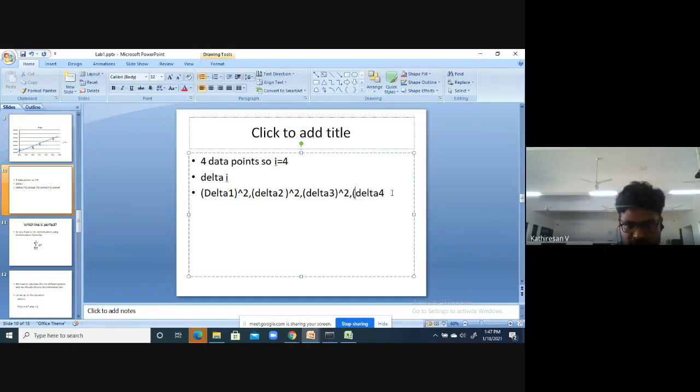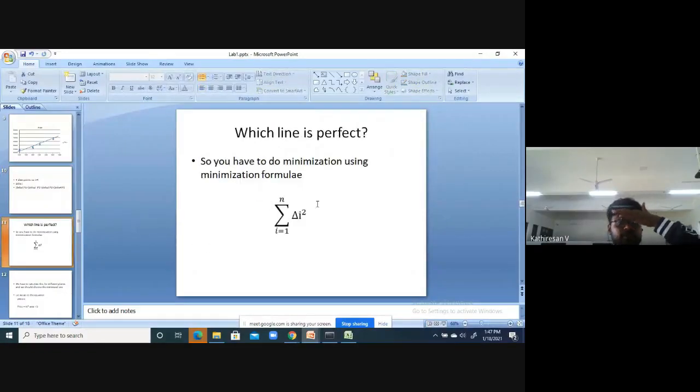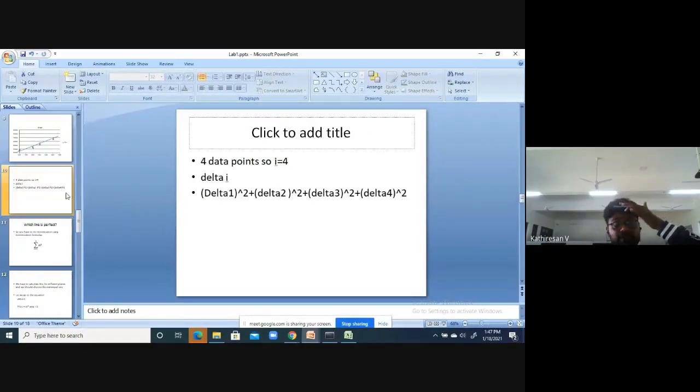Delta 4 we have to identify and do squaring, and in between it is summation. So plus, got the point? It is summation, so plus, it's not a product. So this is the formula for minimization. That formula has been written in a simple way here. Got my point now?